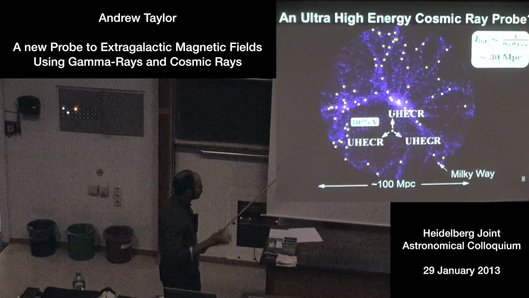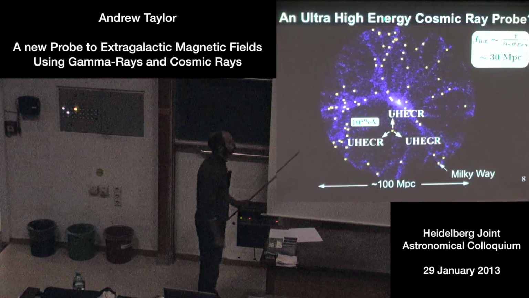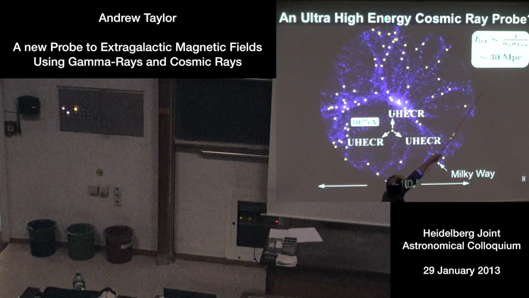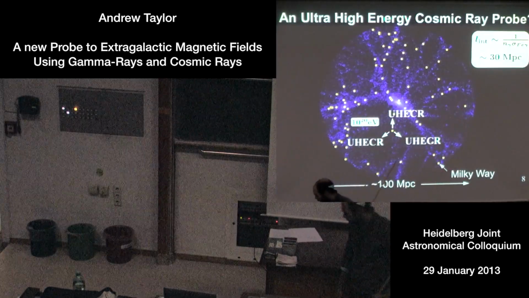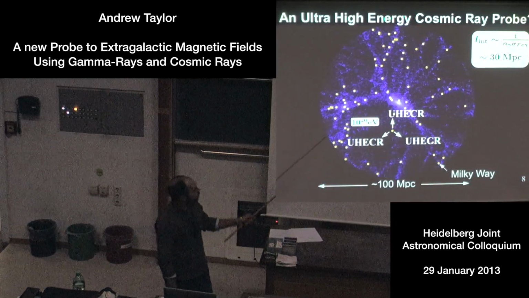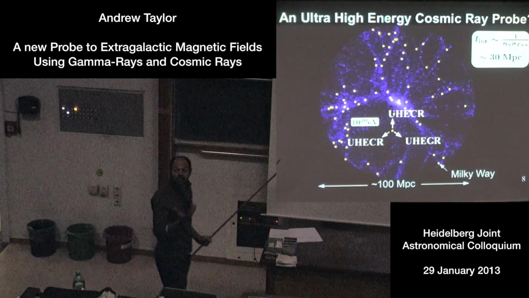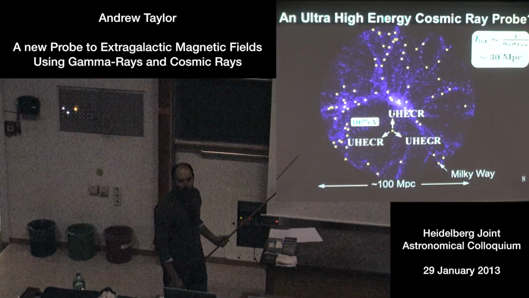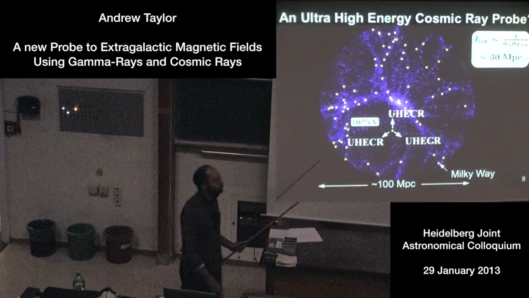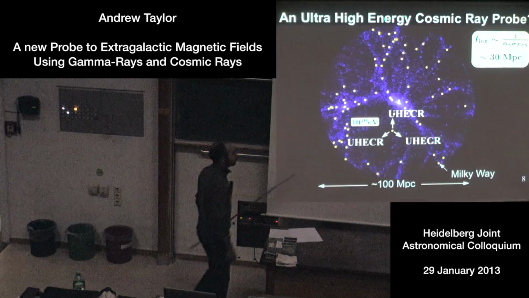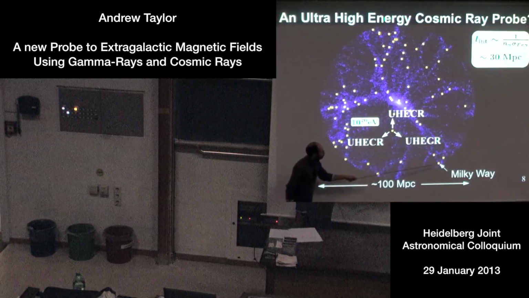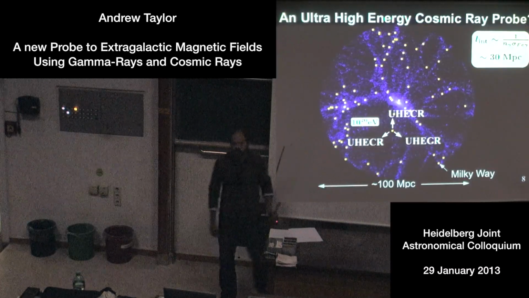And the reason why it's a very good probe is, of course, it's a charged particle, so it couples to the field. But also, its interaction cross-section is of the order of 80 millibarn or so. And the number density of the photons it interacts with, primarily the infrared backgrounds, is of the order of 1 per centimeter cubed. So if you put those two numbers together, you get interaction lengths of the order of 30 megaparsecs, such that ultra-high-energy cosmic rays can propagate to us, but only from local regions.